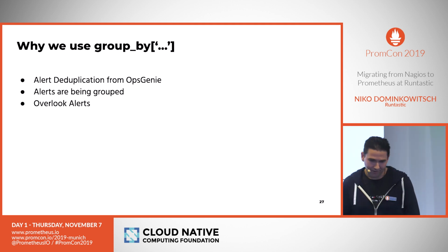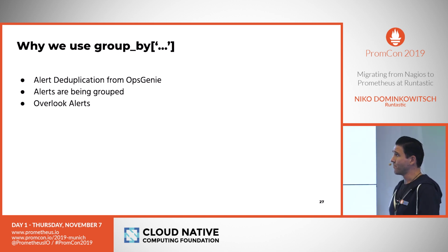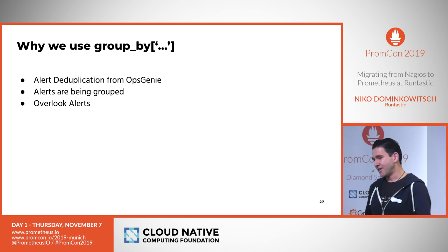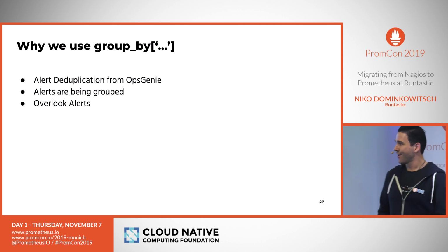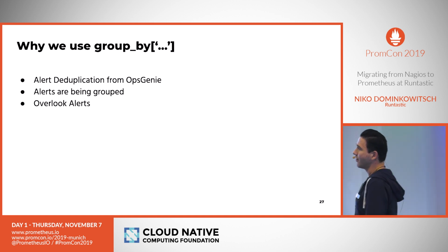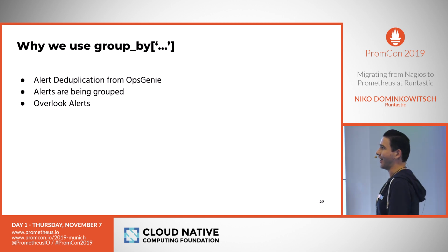So why we use group by ... I think this was integrated 6 months ago or something like this. We had major issues with OpsGenie in the beginning because of the alert deduplication OpsGenie does. So when you forward alerts to OpsGenie, it also does some kind of grouping of alerts. So imagine the chef client fail to run alert is being sent to OpsGenie for the host name sharing server 001. OpsGenie creates an alert of it, alerts via Slack, but 5 minutes later, another server,